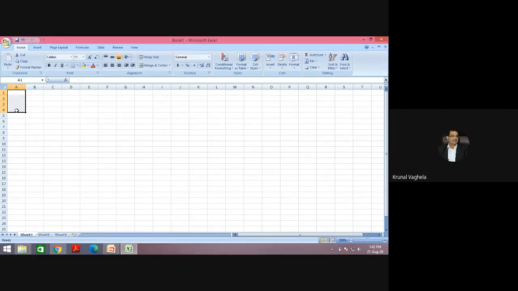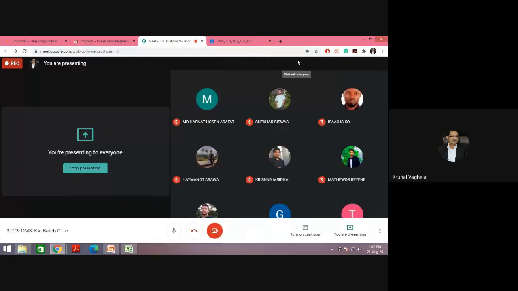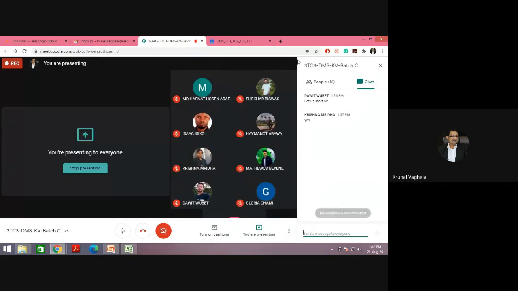So like here also, first, let me give you one example: make a table of an employee of a company, right? I tell you, please make a database table of an employee. Can anyone tell me what are the various fields which are available in the table? What type of data will you store in the employee table?